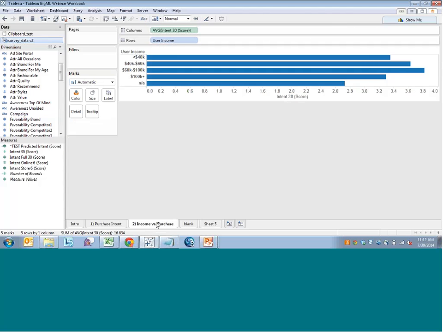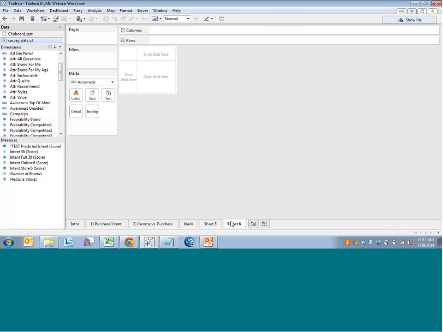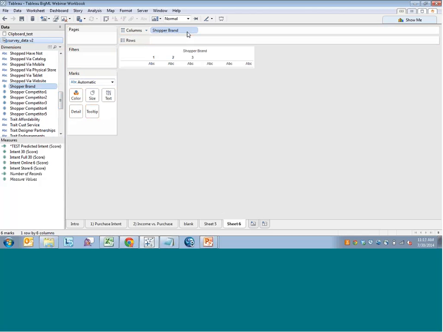For this particular brand, you can also see that income plays a little bit of a role. And lastly, we can look at their recency to purchase, and then I'll go into the BigML analysis. So if I go into shopper, brand, bring it out to the column, then their intent score,